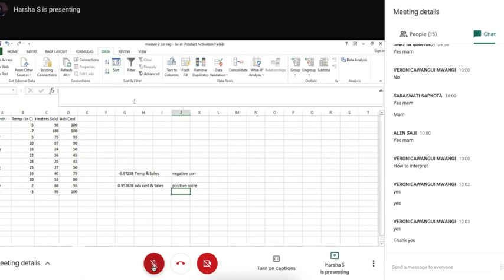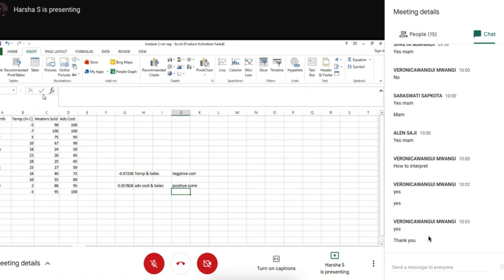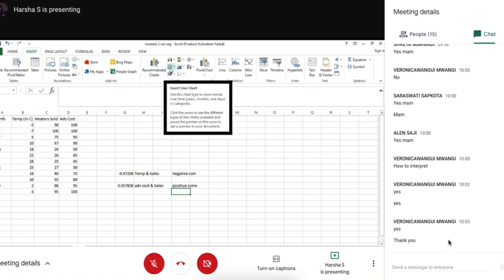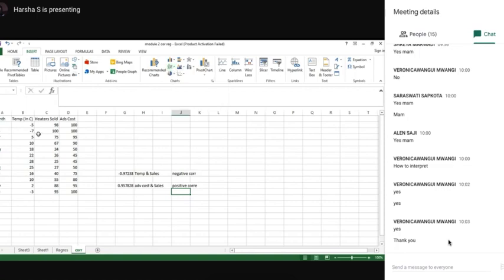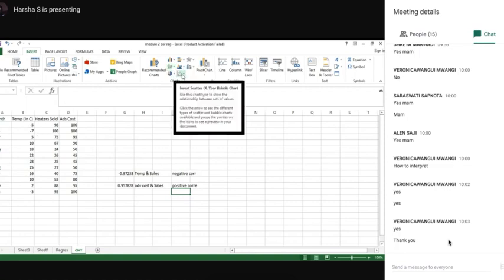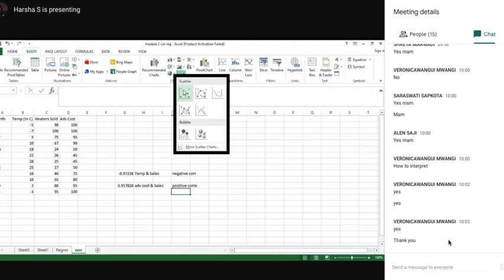And the same thing you can do in a graph as well. You can go to insert, you see here, scatter diagram.